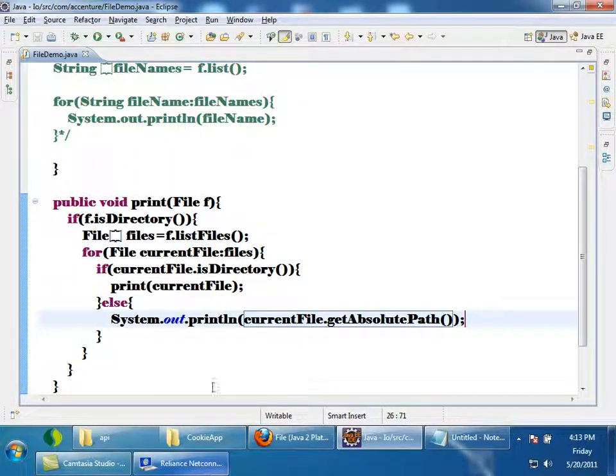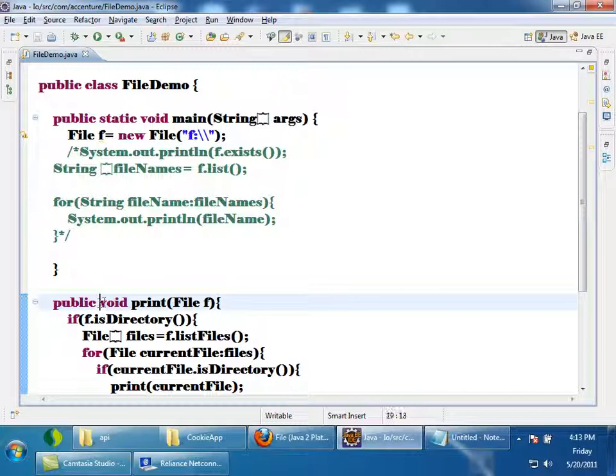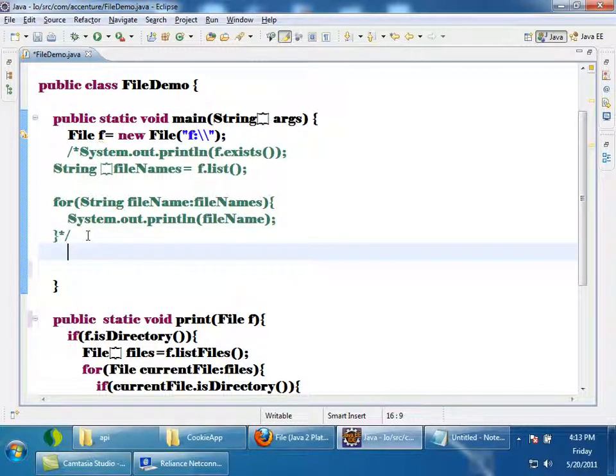Okay, I'll make this method static, and here I'll call print and pass f. F is pointing to what? My F drive, or let's say it is C drive.